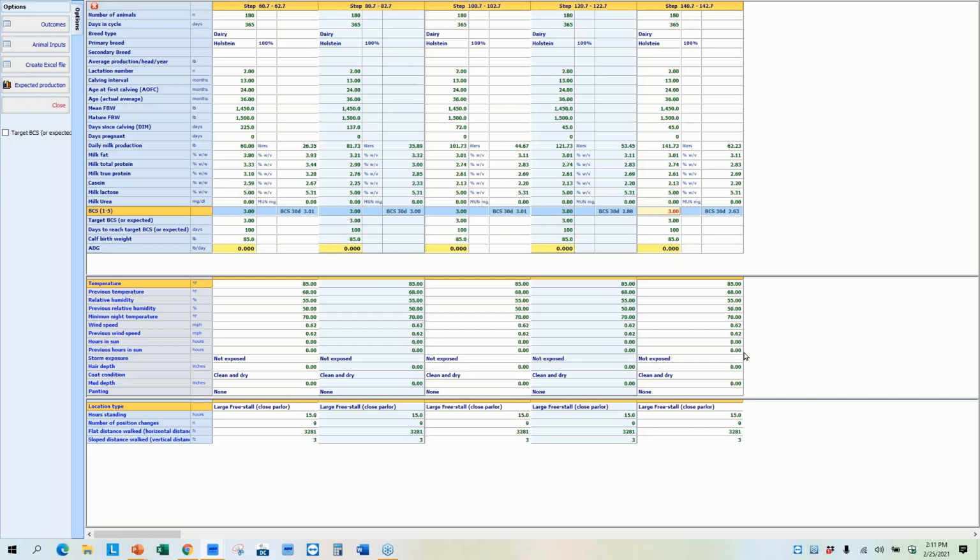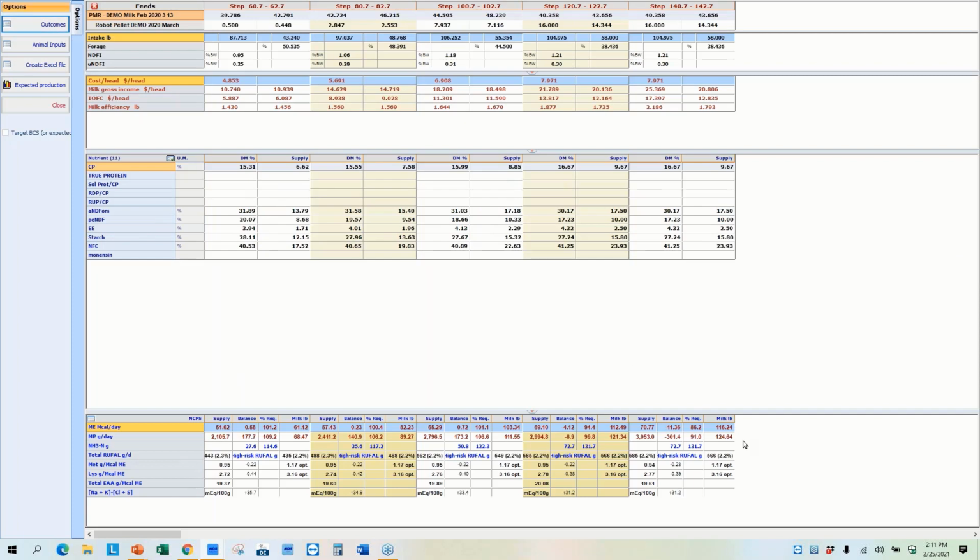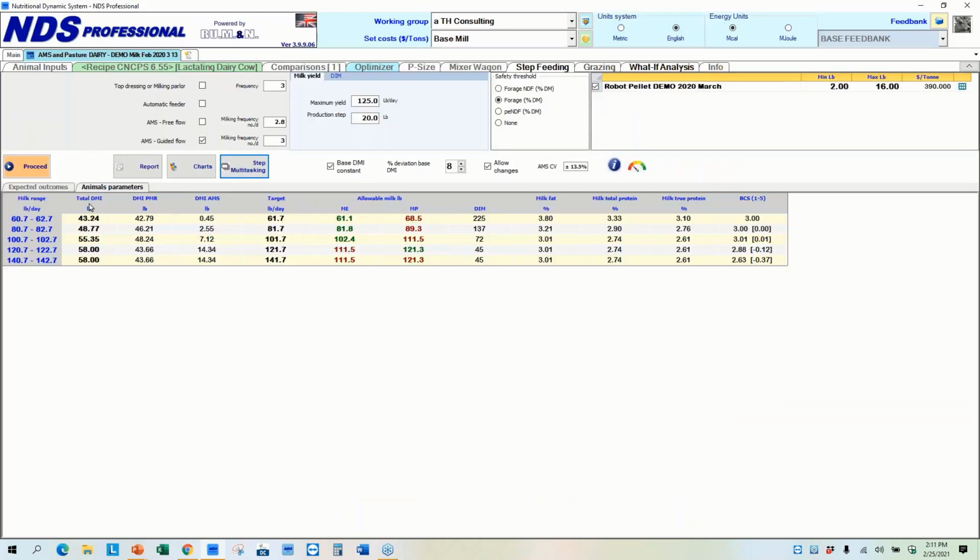But if I look down here, and if I put a little more body weight loss in that animal over the next 60 days, then if I go back to outcomes again, this will reflect more milk from energy and protein coming off the body. So we have this in a tutorial there, so you can see the tutorial look at the step